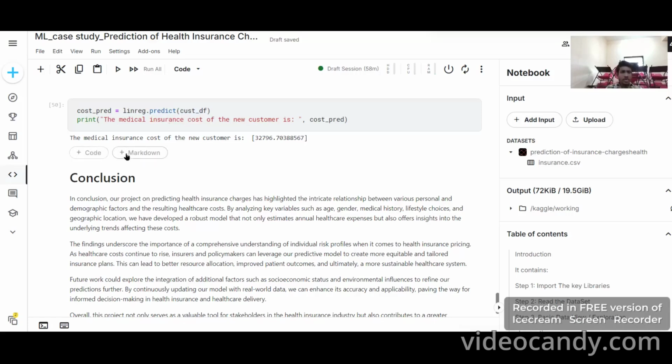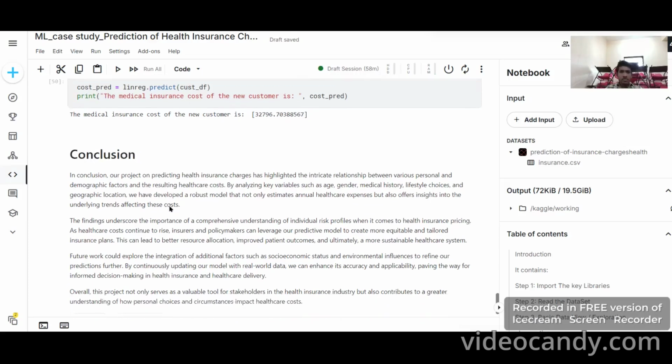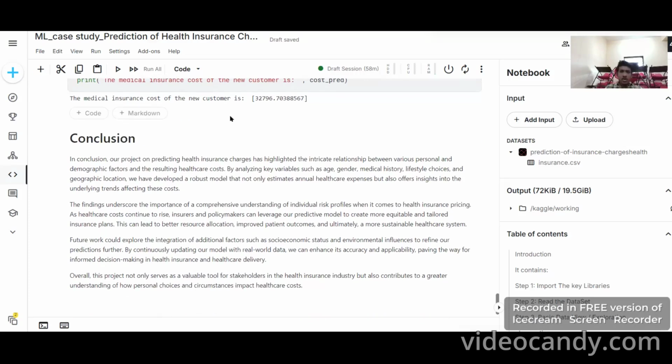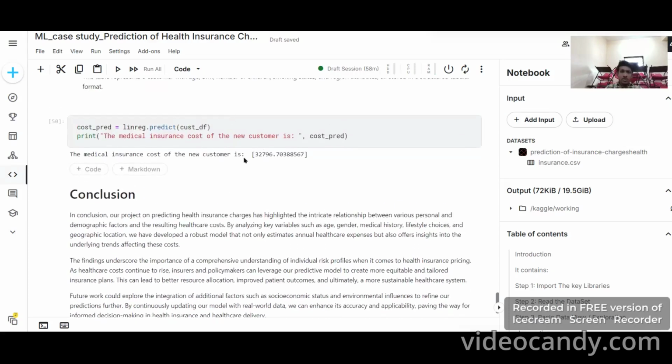Here we find the medical insurance cost of a new customer using this function. These are the predicted costs. After running this function,